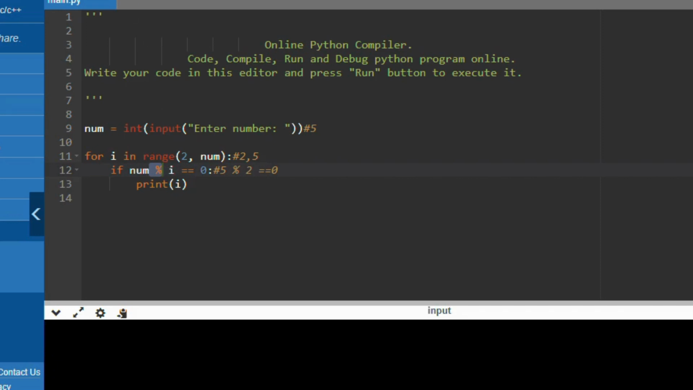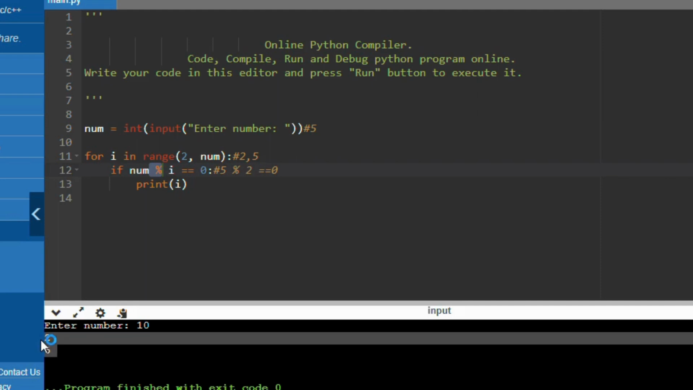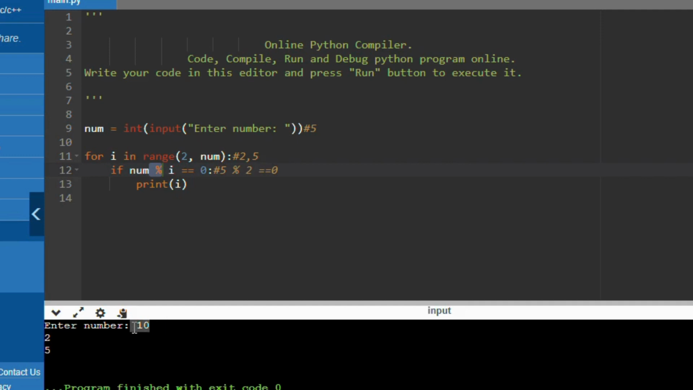Let's run. We'll enter some number as 10. So 2 and 5 are the divisors of 10. Okay, this is the solution. Next,